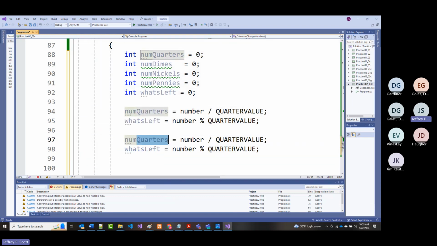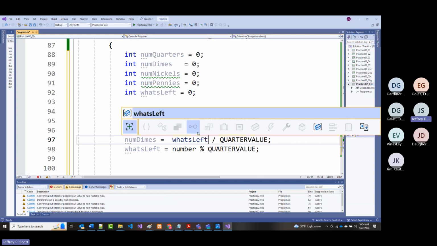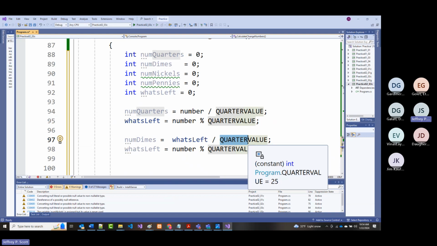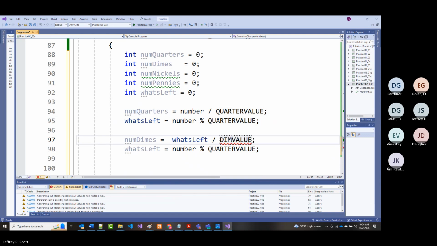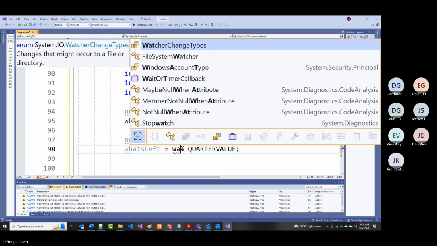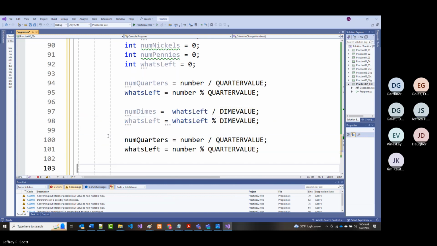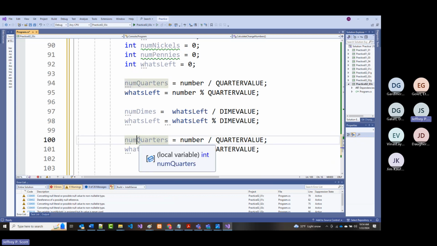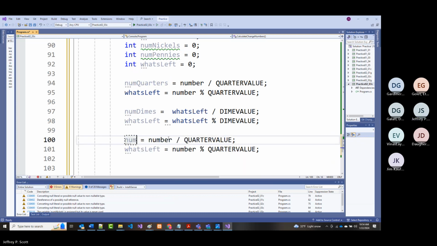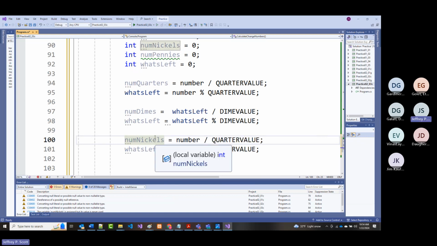So the number of dimes, now we're not working with number anymore. We're working with what's left. And that's going to be divided by dime value. And what's left equals what's left modulo dime value. All right, then we can do it again and say the number of nickels is what's left